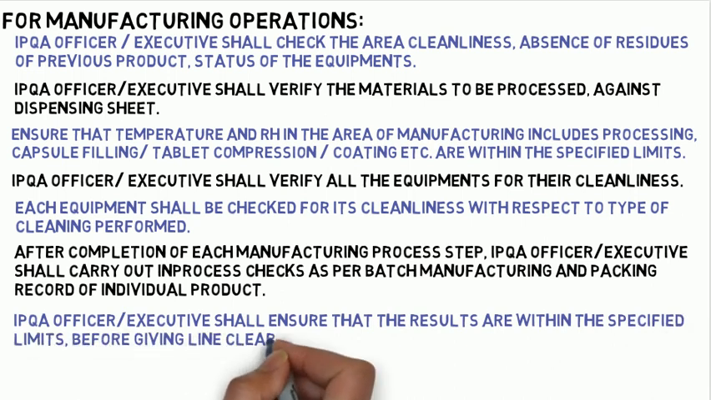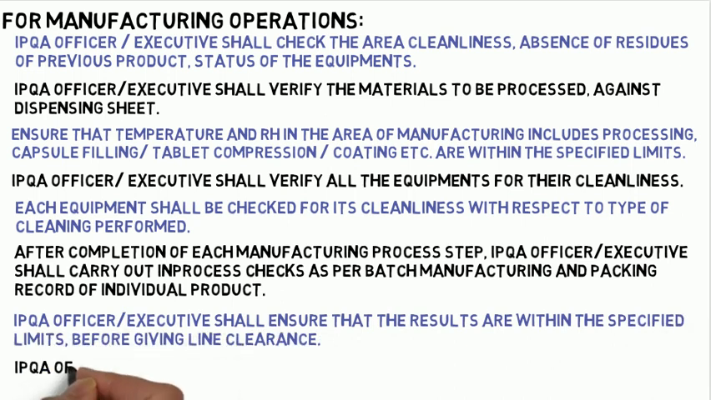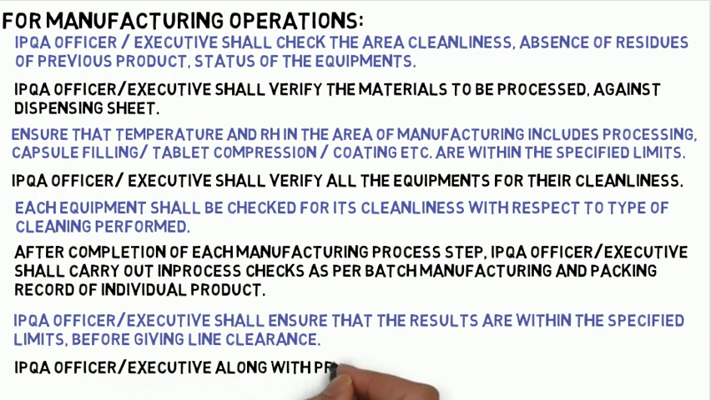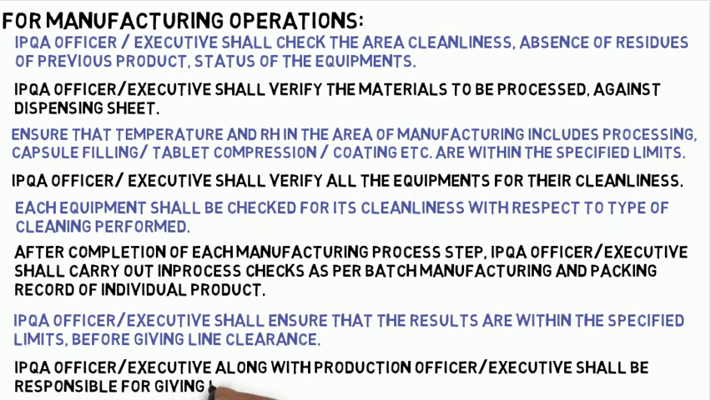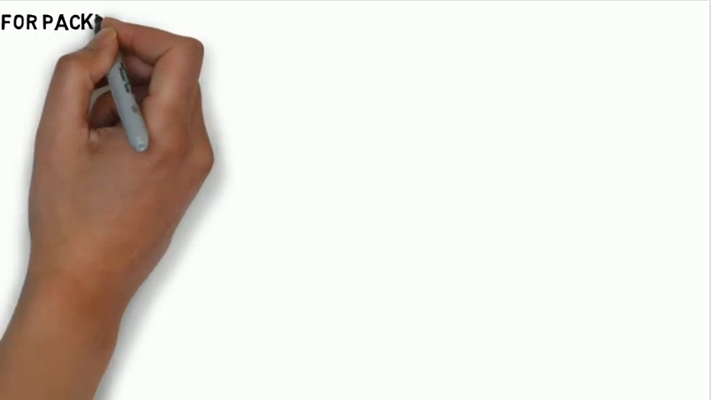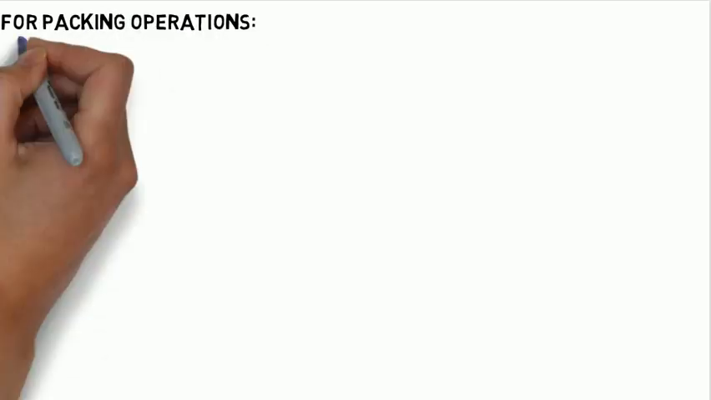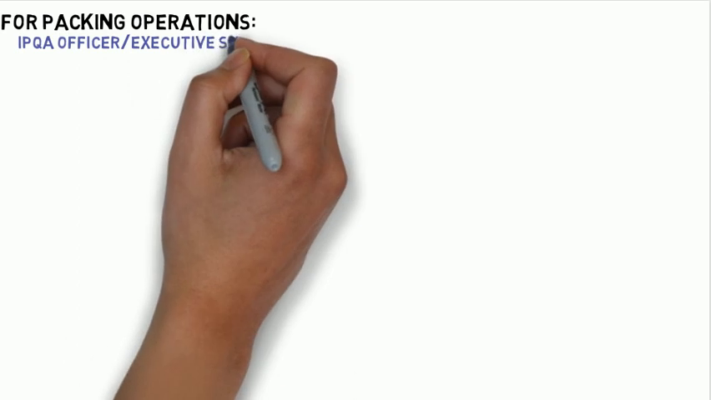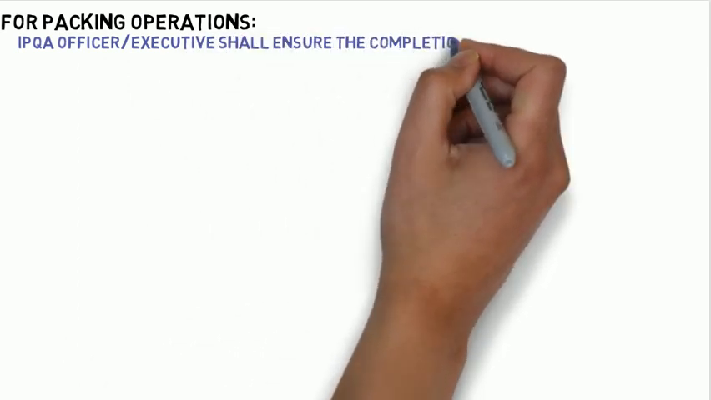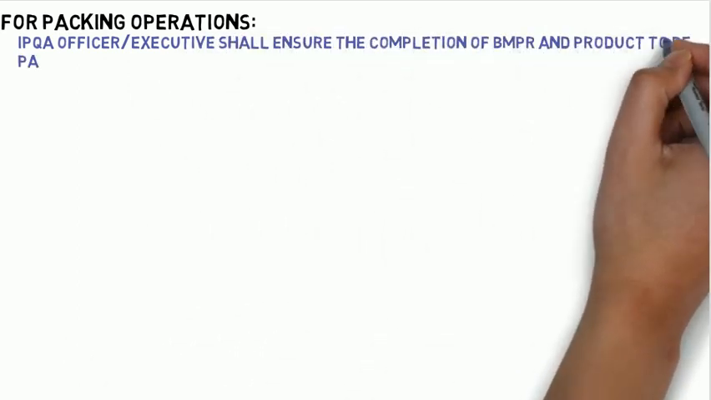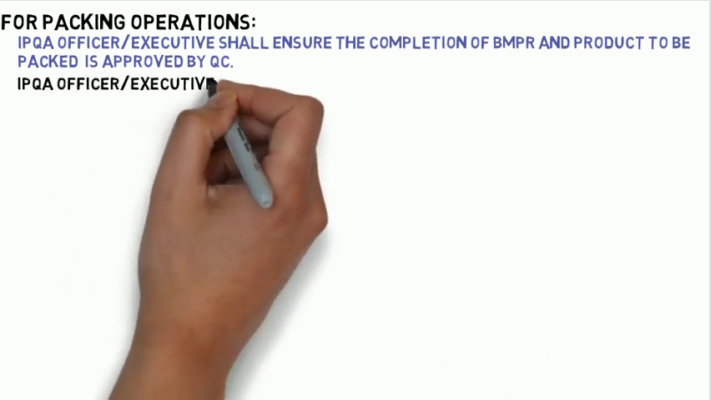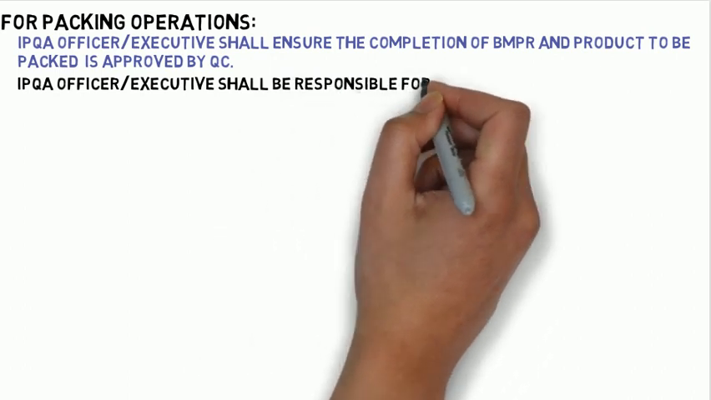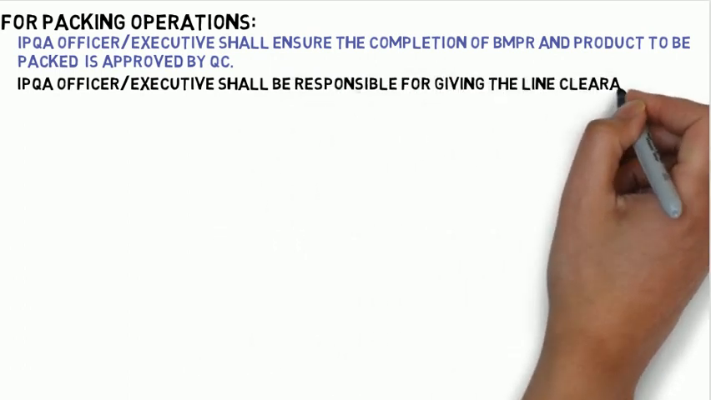Step 8. IPQA officer or executive along with production officer/executive shall be responsible for giving line clearance at each stage of operation. Line clearance activity for packing operations. Step 1. IPQA officer or executive shall ensure the completion of BMPR and that product to be packed is approved by QC. Step 2. IPQA officer or executive shall be responsible for giving the line clearance for primary and secondary packing,